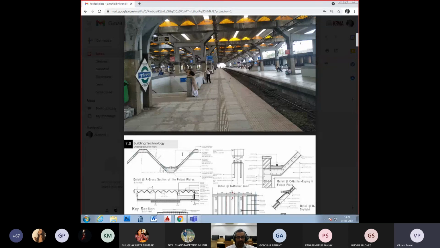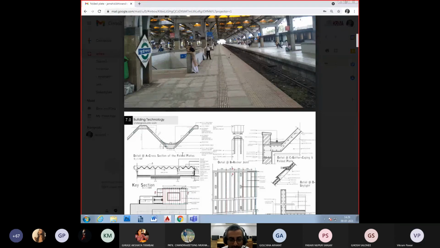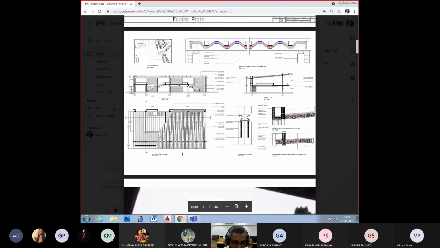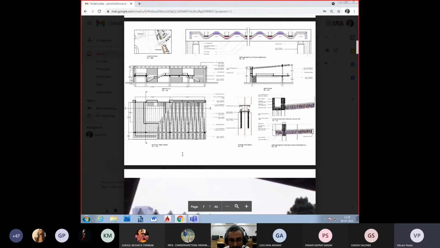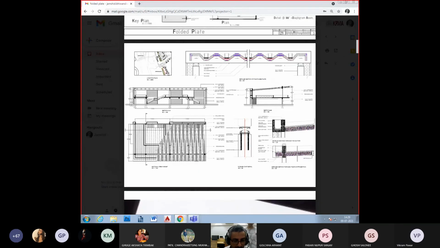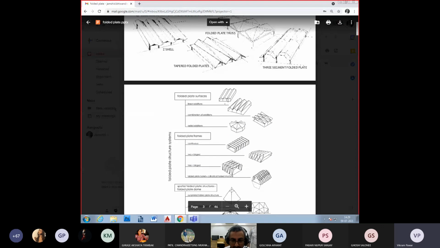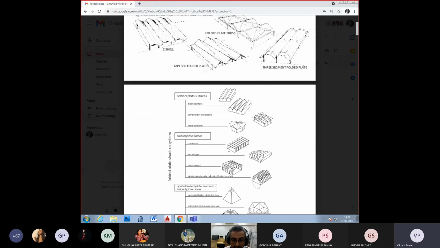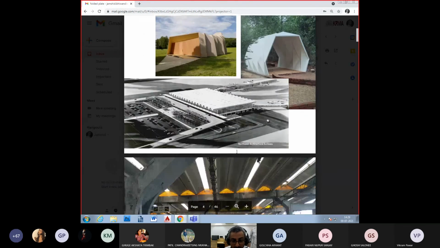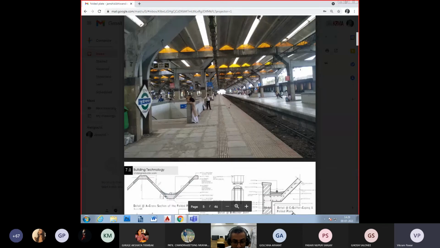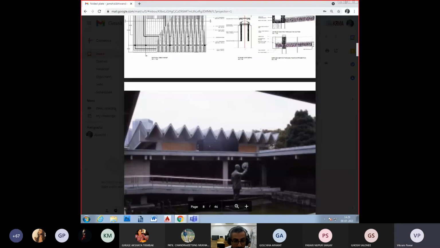What is necessary to be understood, first of all, is the concept of the folded plate and how it works, with the idea of the diaphragm, in case it acts as a surface element. And then how it takes into the idea of a frame and as an envelope, that needs to be understood. And what kind of permutations and combinations in the form can come about, and the kind of variety that can be brought about.